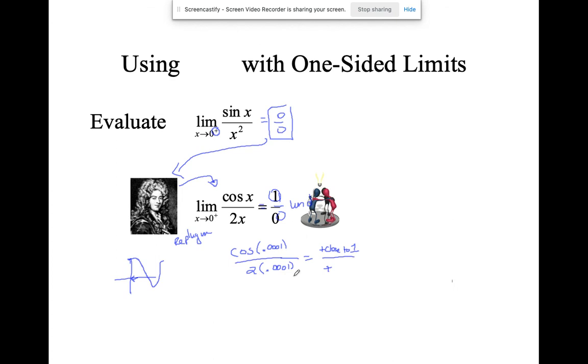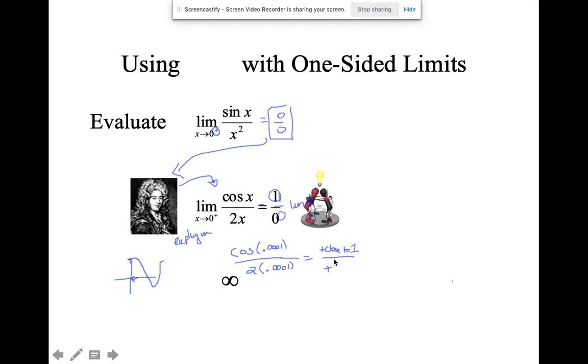But what's happening here? 2 times 0.0001, 2 times 0.000001. What do you think is happening there? That's swooshing off to infinity,